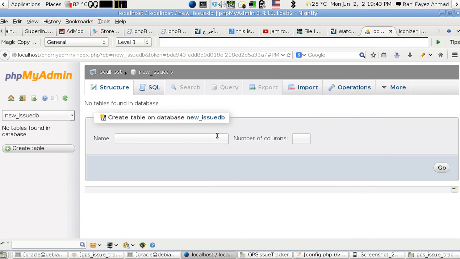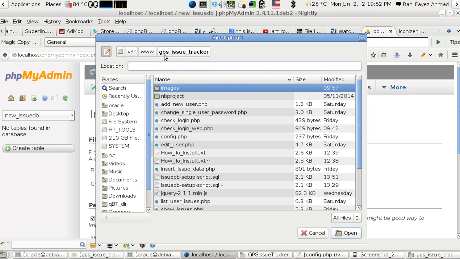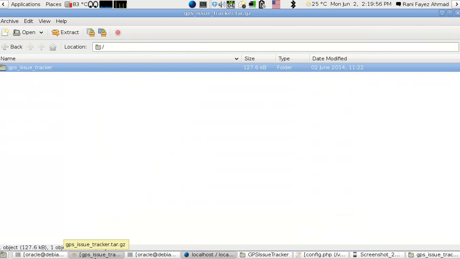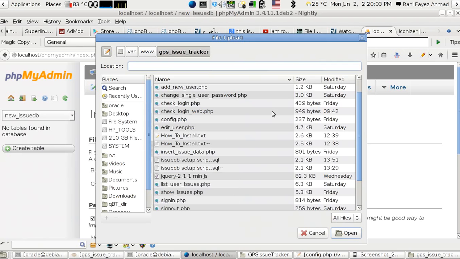Okay, and I press import, press browse. Okay, so inside the folder GPS issue tracker, which we said already, we extracted it. You'll find all the files here inside the folder. So inside the folder they are here. I want to select the issue setup script SQL, this one. Not the one with the tilde, this one. So open,